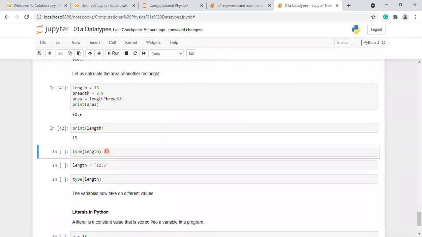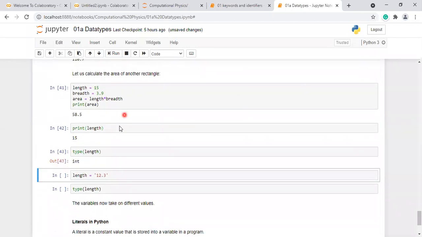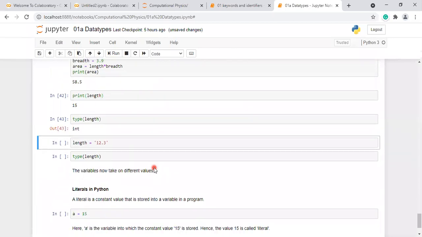Type 15 is an integer, so length will be of integer type. Now let me assign the number 12.3 within quotes. The floating point number is enclosed within quotes, so it is a string, and the string 12.3 is assigned to the variable length.